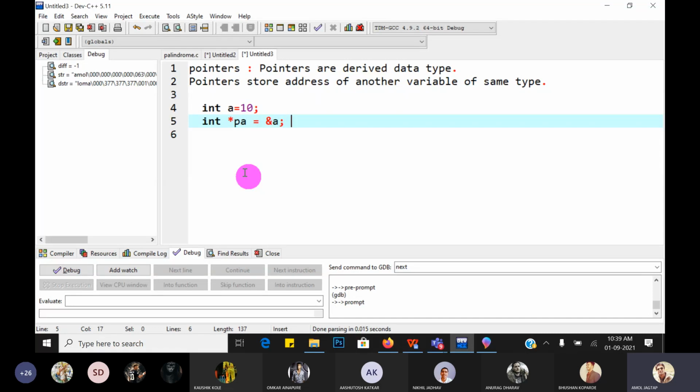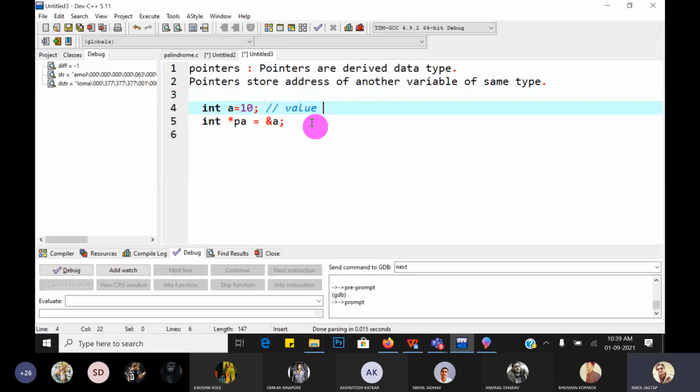Address of a. Great. So here, guys, a is called a value variable. Yes, a is also a variable and PA is also a variable, but a is a value variable, guys. Value variable means it stores an actual value, that is 10, inside the variable.